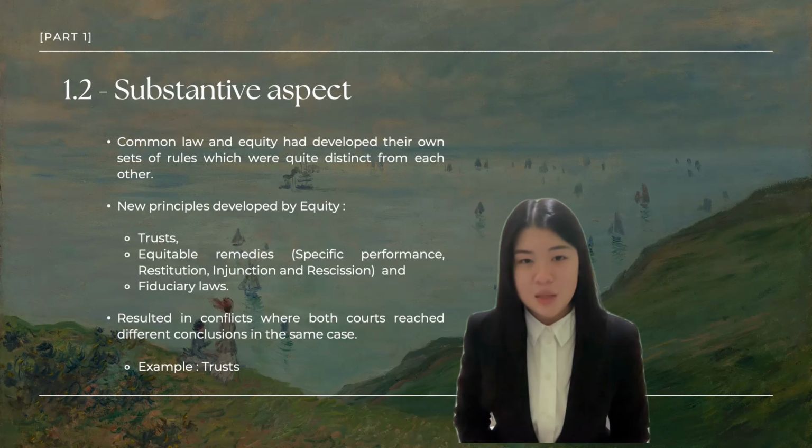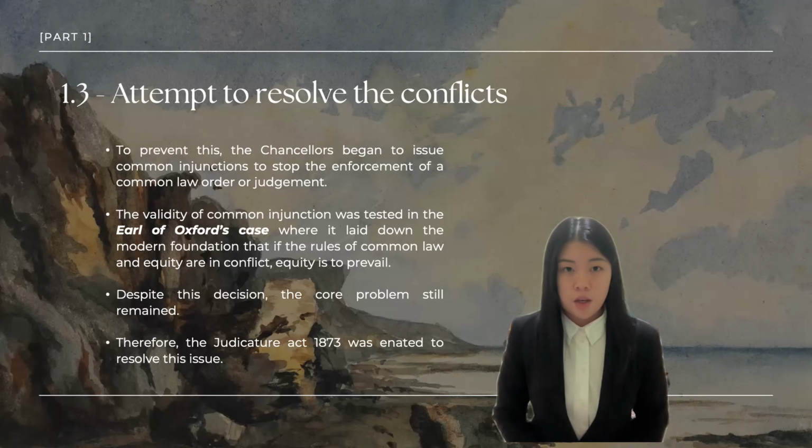Common law only recognizes a person's right to enforce his interest in the land if he owns a legal title. So consider the situation where a wife has contributed extensively towards the purchase price of a property, but her husband is the title owner. Under common law, the wife would not have any interest in the property despite her contribution because legally, she is not the property owner. However, under equity, a beneficial interest may arise in her favor by establishing a resulting trust. From this example, we could see how both the courts could reach different binding decisions in regard to the same matter.